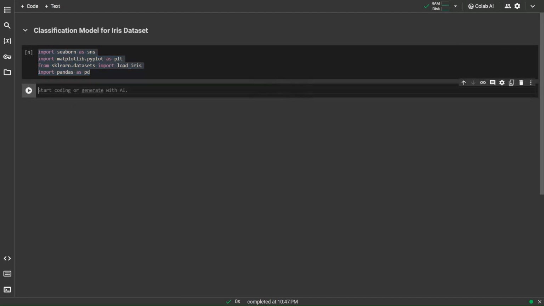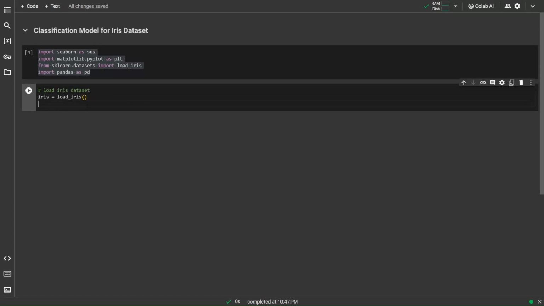And in that cell, we are going to load our iris data. Okay. So load iris dataset. In that, what we need to do is create a variable called iris. And in that variable, we first store the value of the iris dataset. And after that, we try to create the data frame of this iris data. So we'll just say iris_df, which stands for data frame. And in that, I'm going to use the pandas library. In that, we have a function called DataFrame,